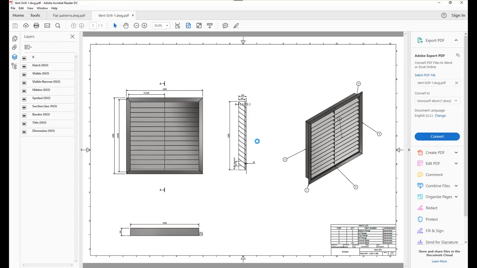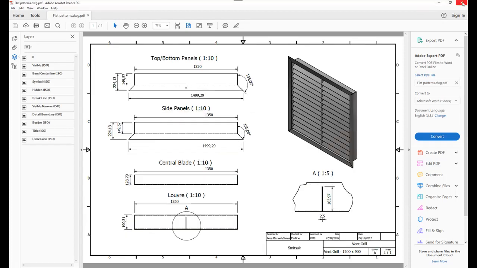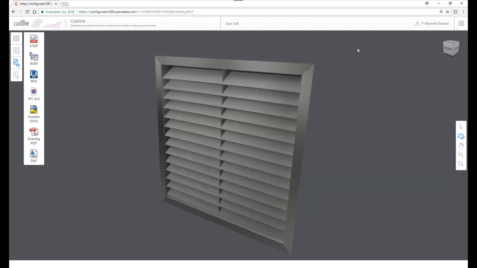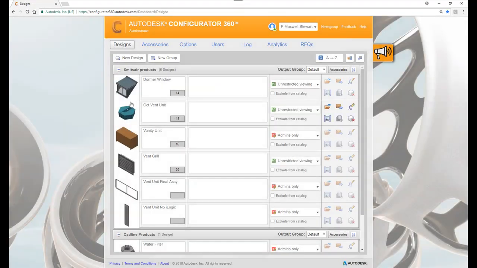So you know, you can have multi-sheet drawings, as complicated as you want, but obviously that drawing didn't exist before. The Configurator 360 person has effectively created that drawing, which is pretty clever. Okay, so let's show you another design then. So let's go back to my administrator view. Let's look at my vent unit here,